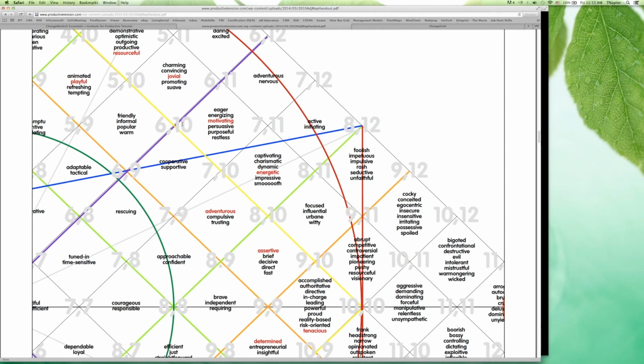So when it comes to Stephen keeping everyone's records updated in Infusionsoft, let's look at the words that might apply. We'll start here on the outgrid side of things, where he might be a little bit more driven around that. So eager, energizing, motivating, persuasive, purposeful, restless. This is the first red word we've seen. So let's go ahead and address that.